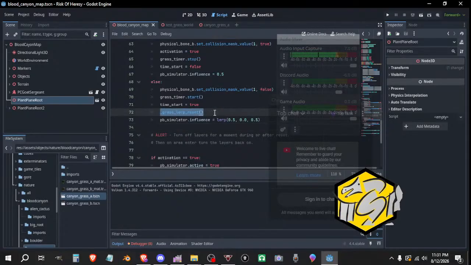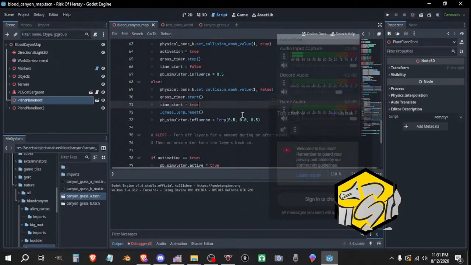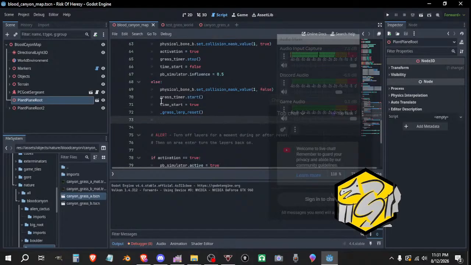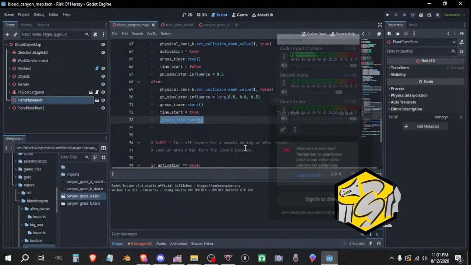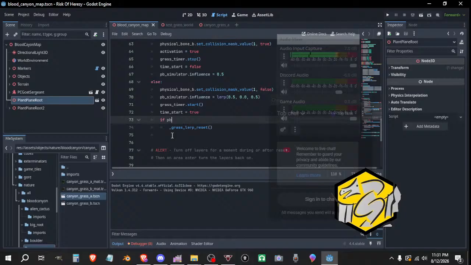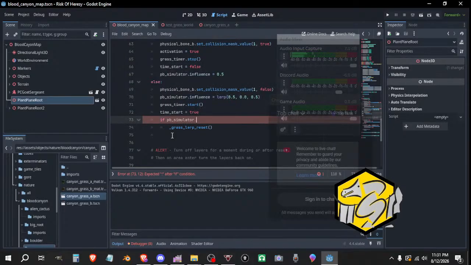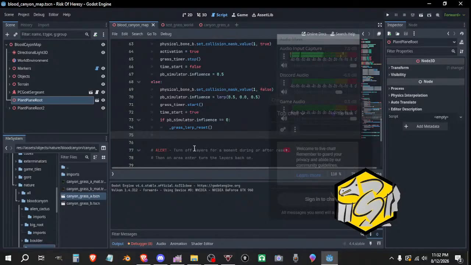This should reset to the default position, and this will get rid of the influence, which should reset it to its exact start position. We should probably start this immediately after the mask, though, like this, and then run this last. I could even do an if statement, just to make sure. So do this and then: if PB simulator dot influence equal 0, and then we can lerp the position,